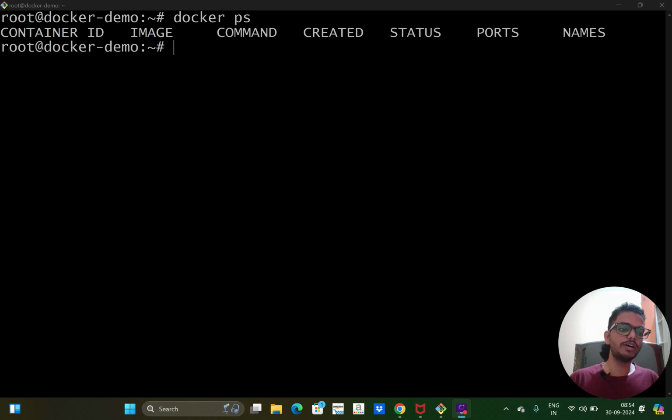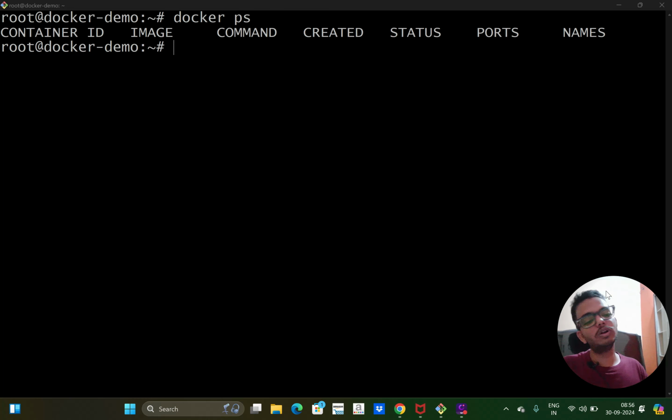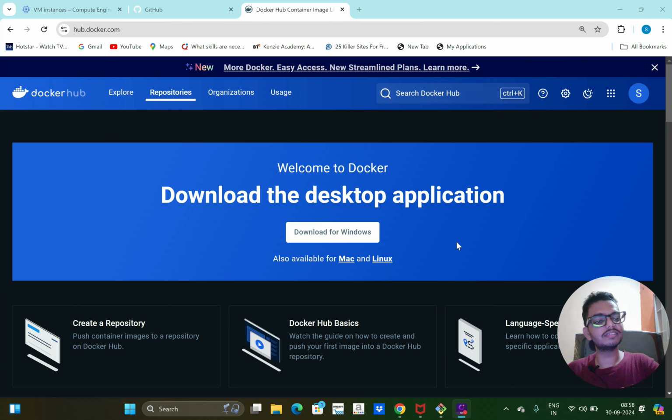Come on guys, let's learn Docker registries today. For now, only I am using the image that I have created. But in the real world, multiple developers will use the same image. So we need a centralized place to store our images. That centralized place is nothing but Docker registries. Like we store our code in GitHub, we can store our images in Docker Hub. Docker Hub is one of the registries. It's a public registry actually. We can use other private registries also like ACR, ECR. For this session, I am using Docker Hub as a registry.